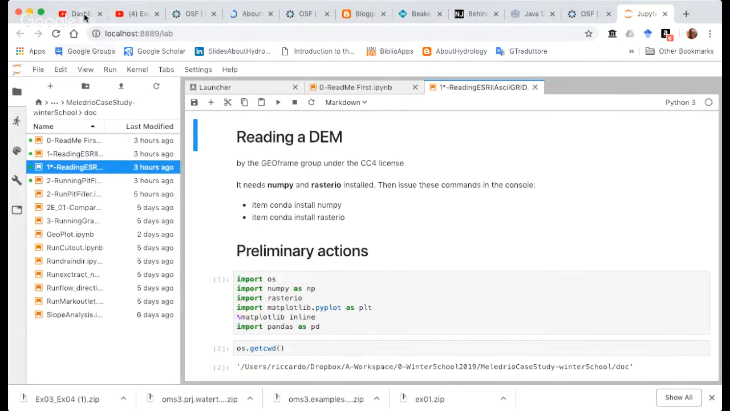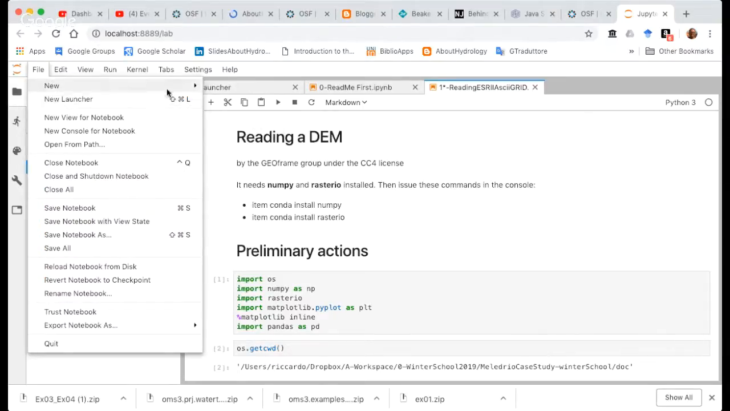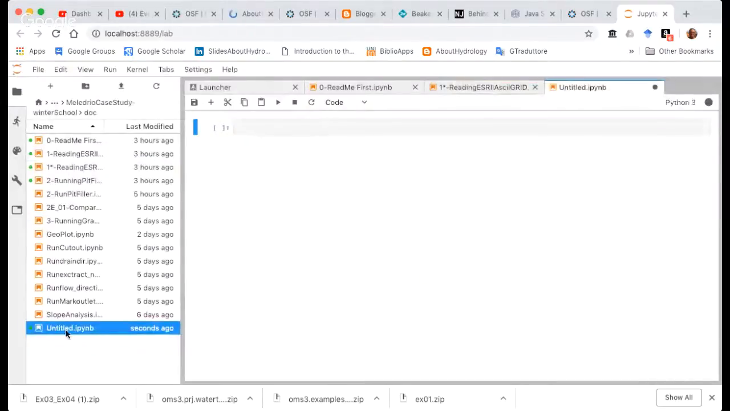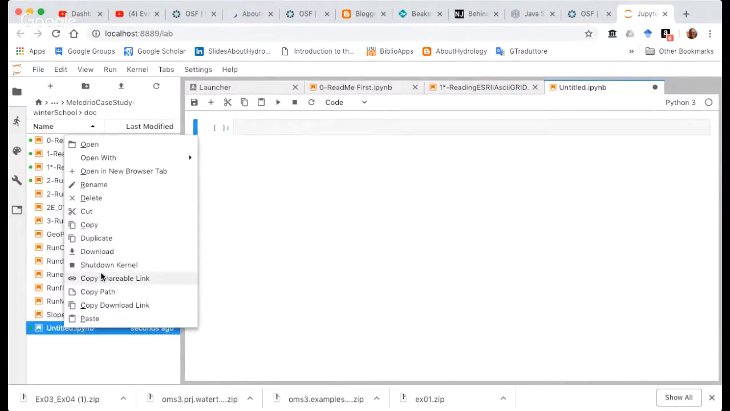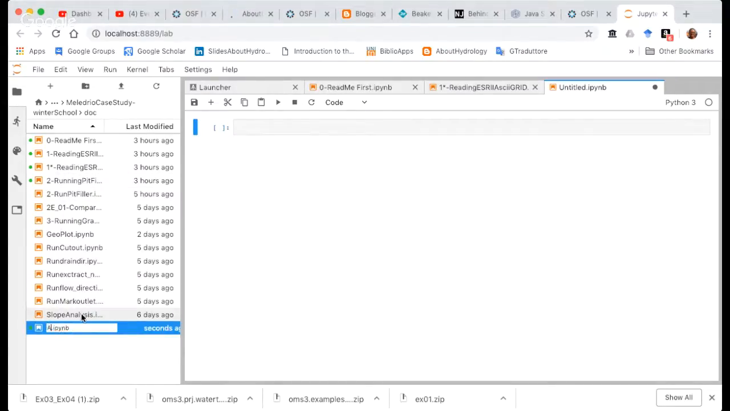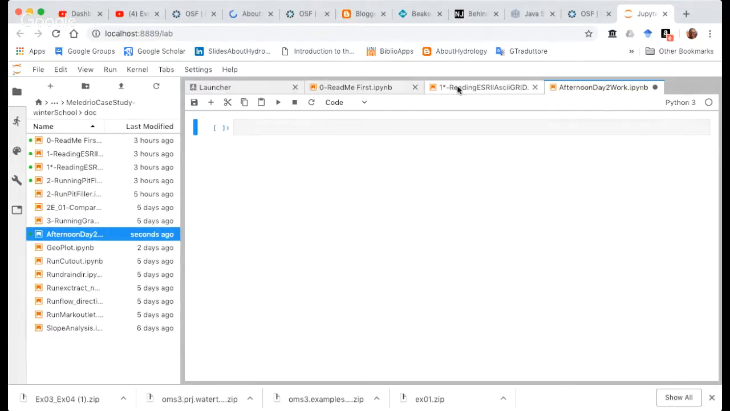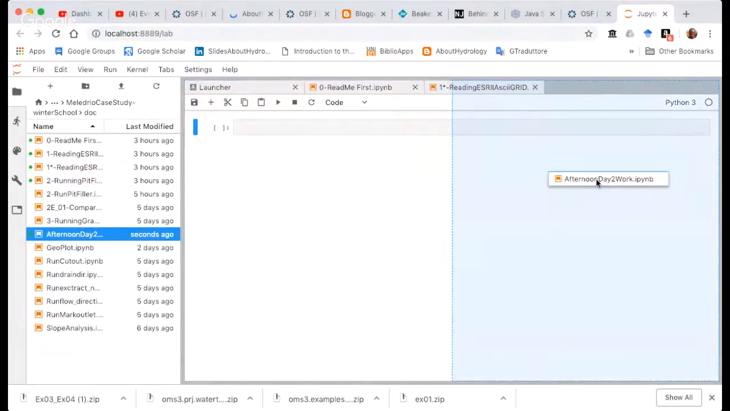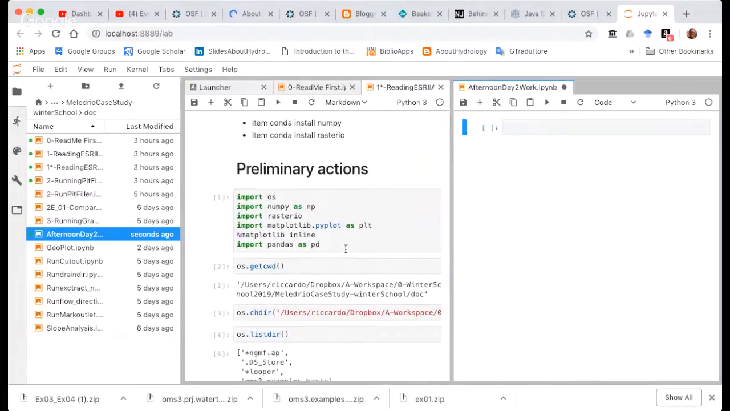Okay. I open a new notebook here in this directory, and I call it afternoon work. Okay, the primary actions are the usual. I import the